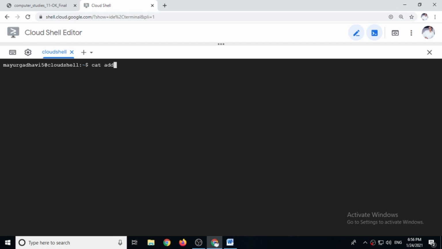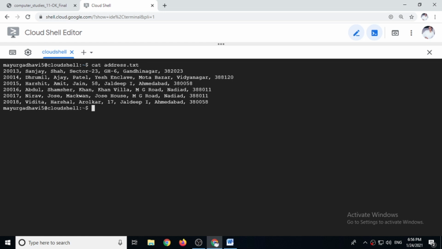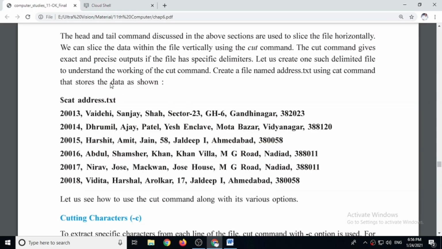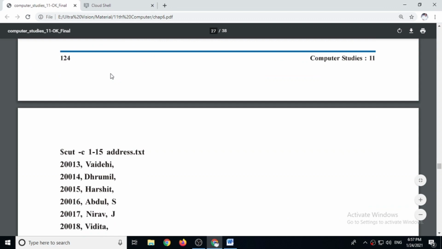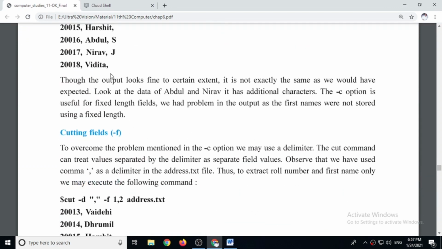Cat address.txt. This is the entire file. Now cut -d comma -f 1,2 address.txt. So now it will show you number and names. So either you can use -c or you can use -d option with cut command.